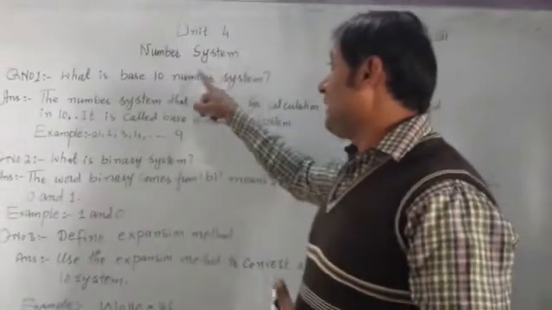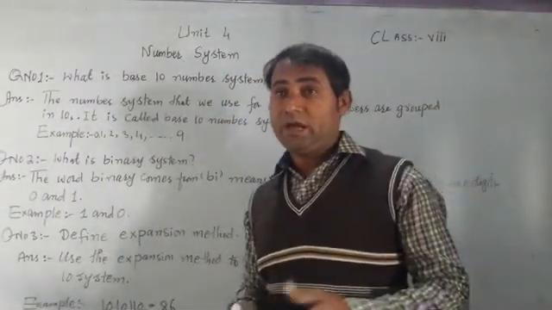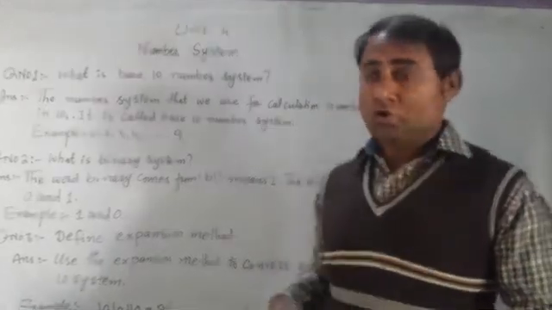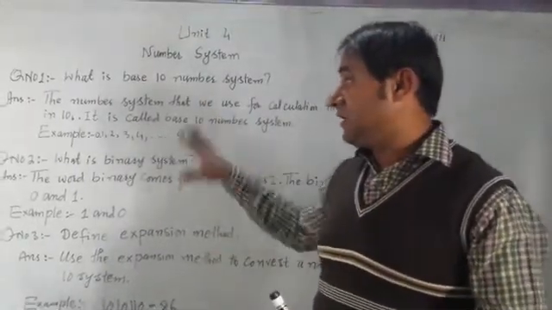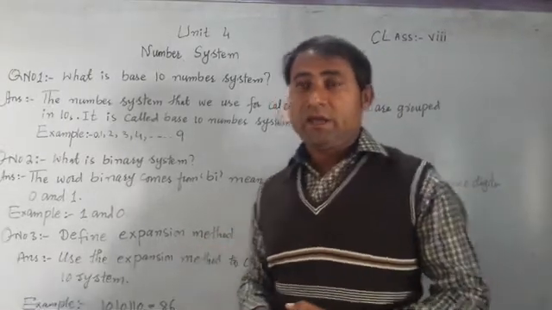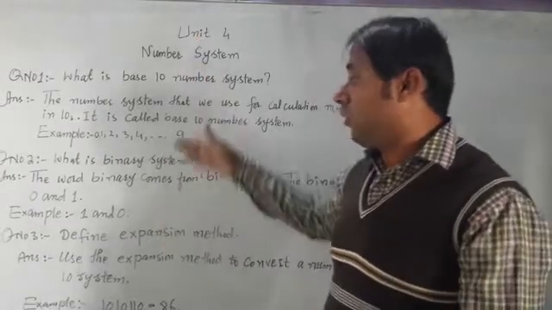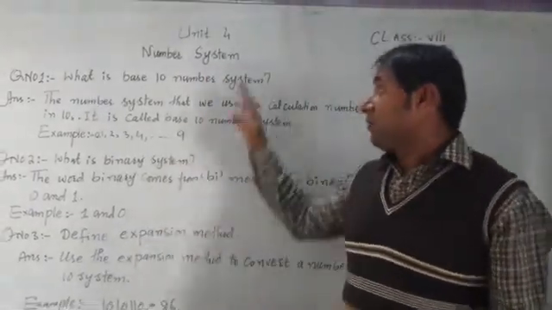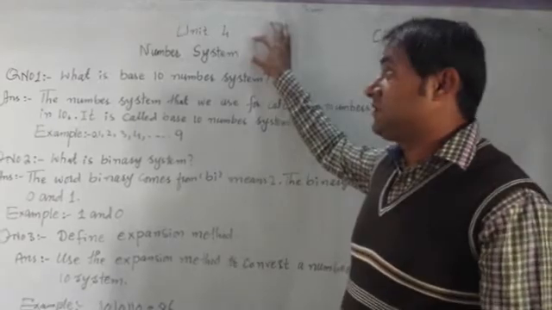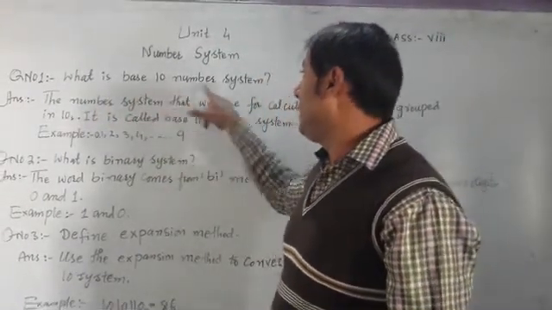So we use in this system just the number 10, and there are so many kinds of number systems. I have defined here just 3 kinds of numbers, and inshallah we will discuss them in detail in the next coming video. But in this one I am just telling you the introduction of the basic number systems. So question number 1 is, what is the base 10 number system?